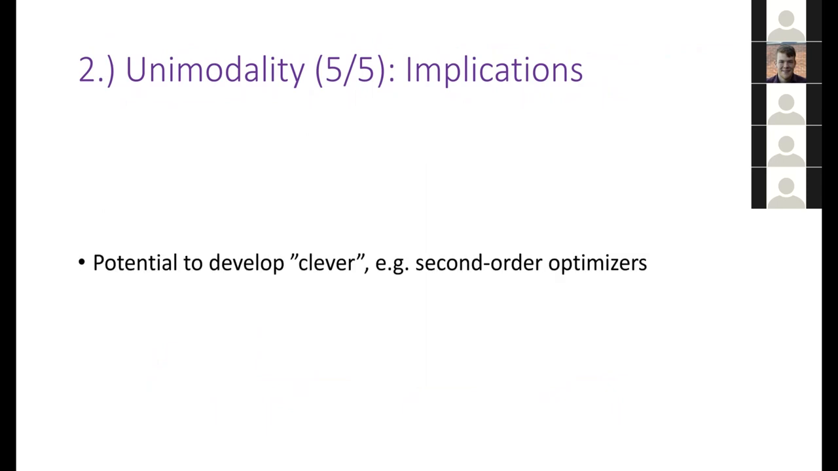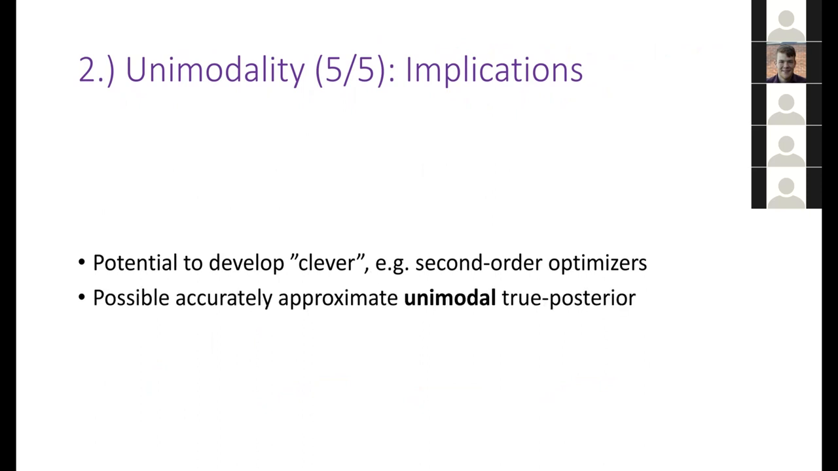So what does unimodality mean apart from just being a nice theoretical property? Well, the reason that I'm super excited about this is that unimodal objectives mean that we've got a lot of structure on that loss landscape, and it gives us the potential to develop clever, for instance, second-order style optimizers. And at the same time,